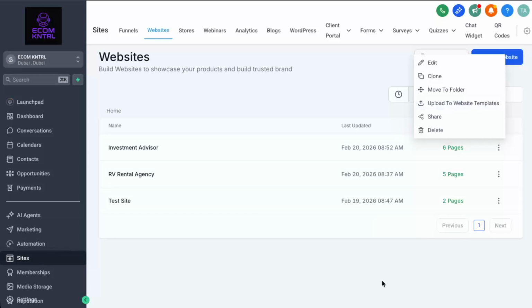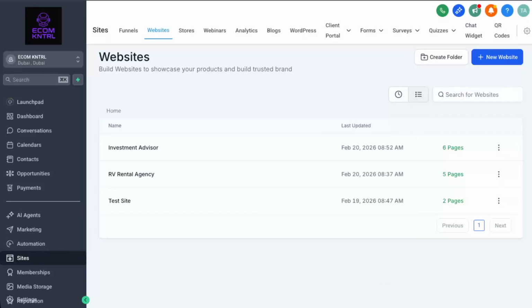And that's it. Follow these steps, explore the free templates, and you'll be able to launch professional looking